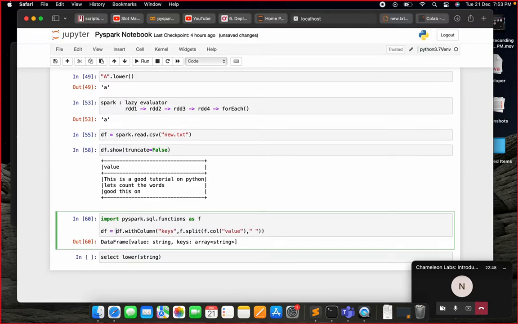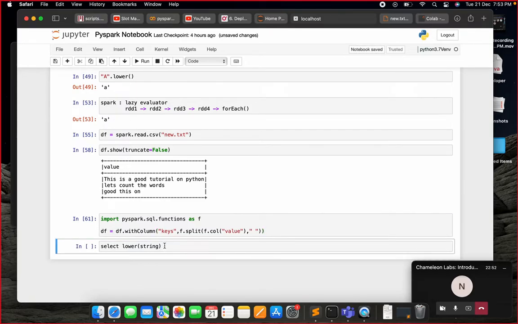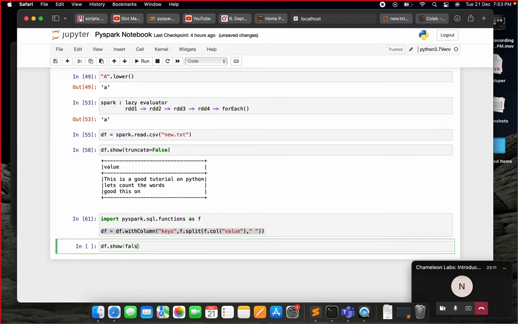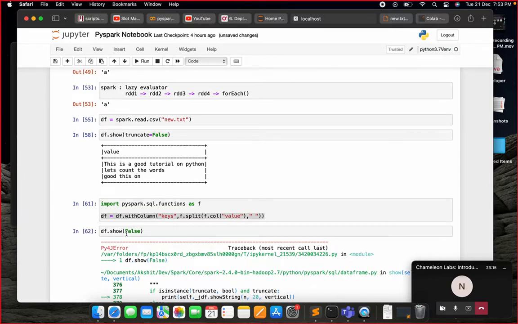So let's store it again into the DF. If we see the DF, show is an action. Up until this, there is no computation. It's all just chaining of operations. So to compute this DF, I am performing an action. So if I say truncate false, with capital F,